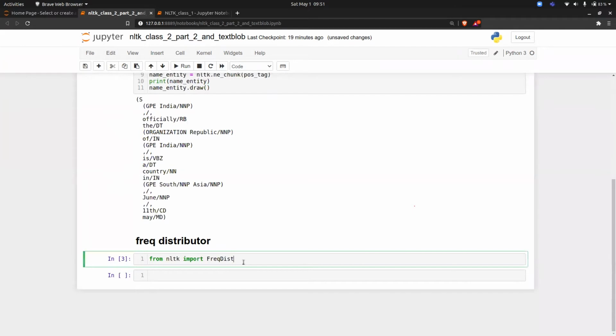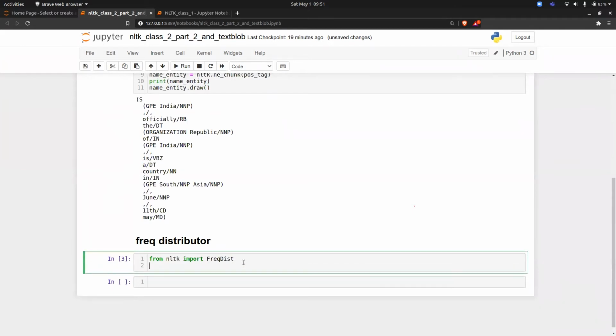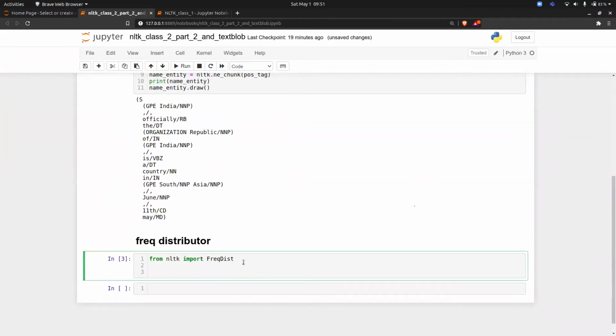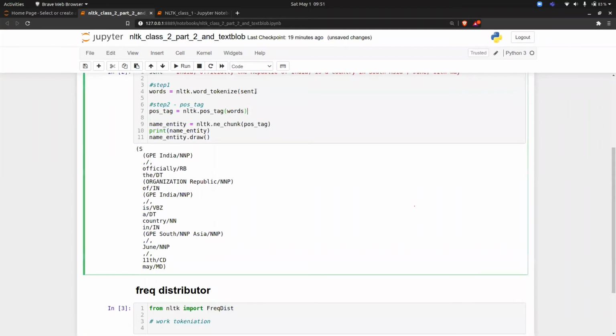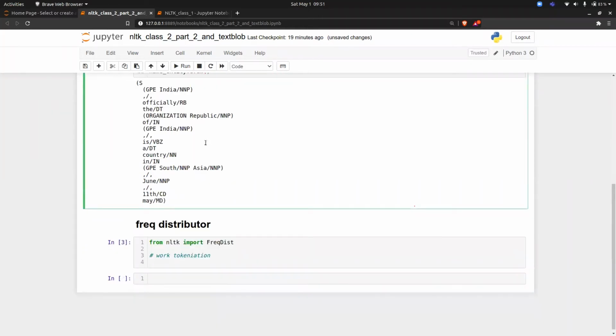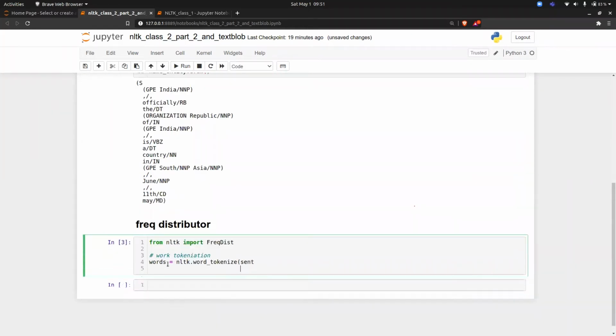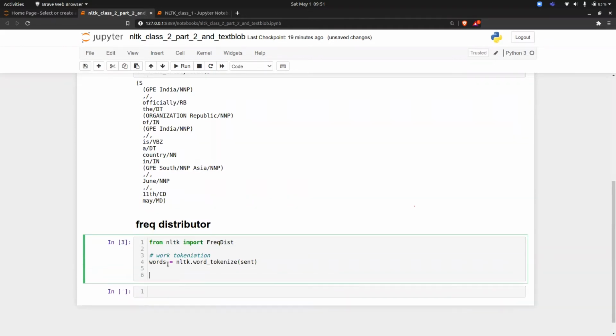Now, once you have done this, for every step, word tokenization is important. So I will just copy this particular word tokenization. Then you have to pass the words into a frequency distribution.